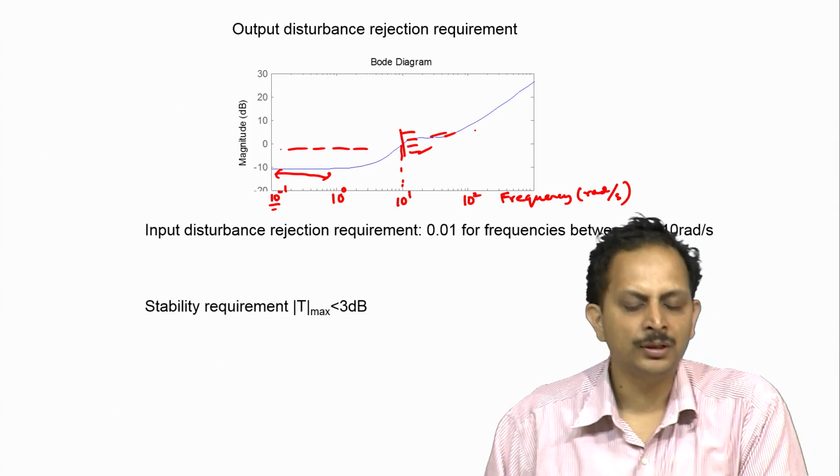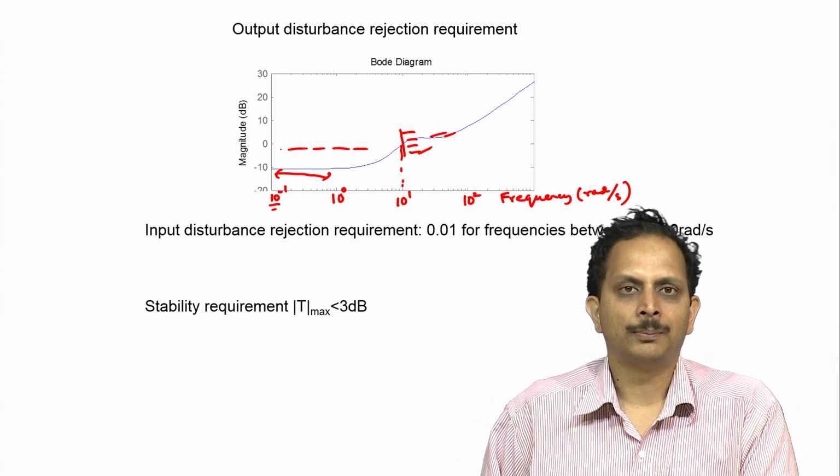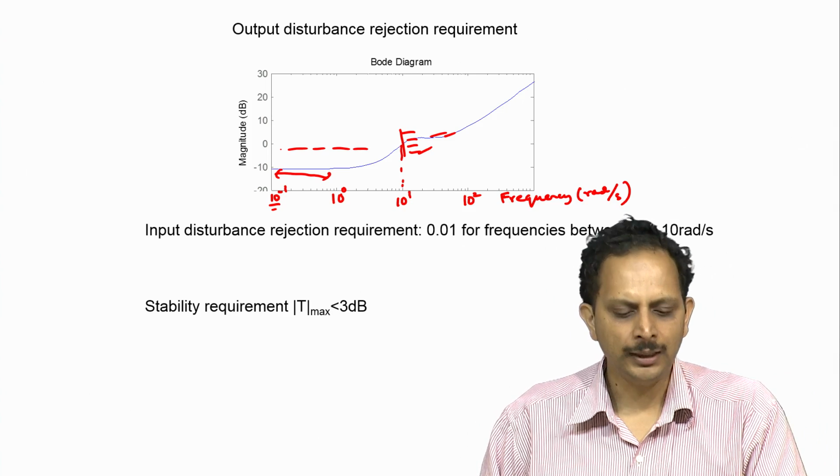So, we are concerned about output disturbance rejection performance only up to 10 radians per second, presumably